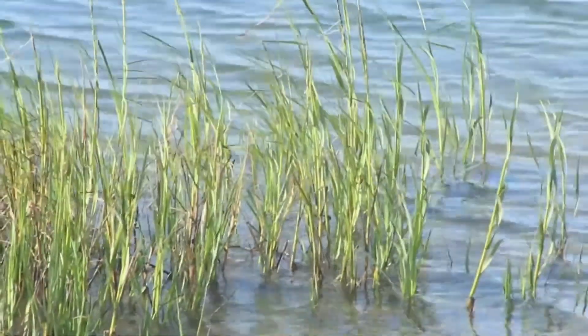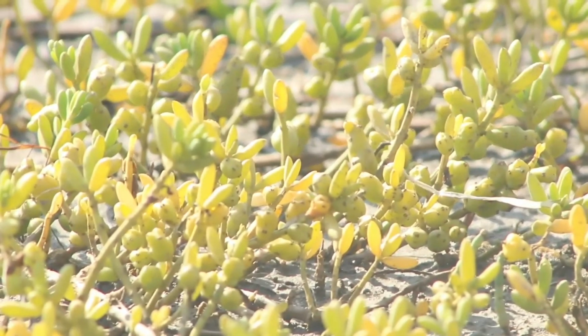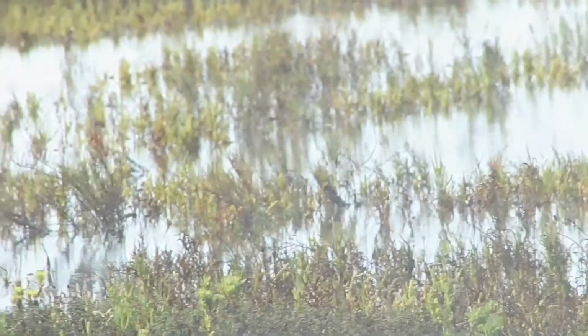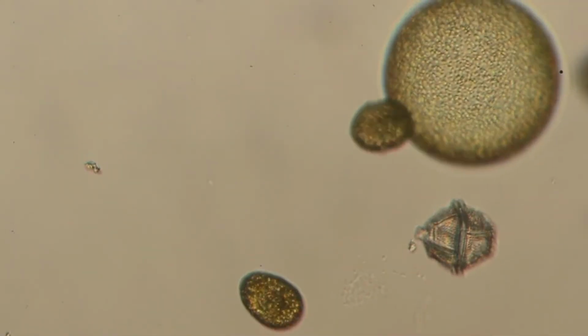They are called primary producers because they can make their own food from carbon dioxide and water, using the sun's energy. This process is called photosynthesis, and one important byproduct of photosynthesis is oxygen. And this is the main reason why the salt marsh here is as productive as a rainforest, because it isn't only the plants that we see